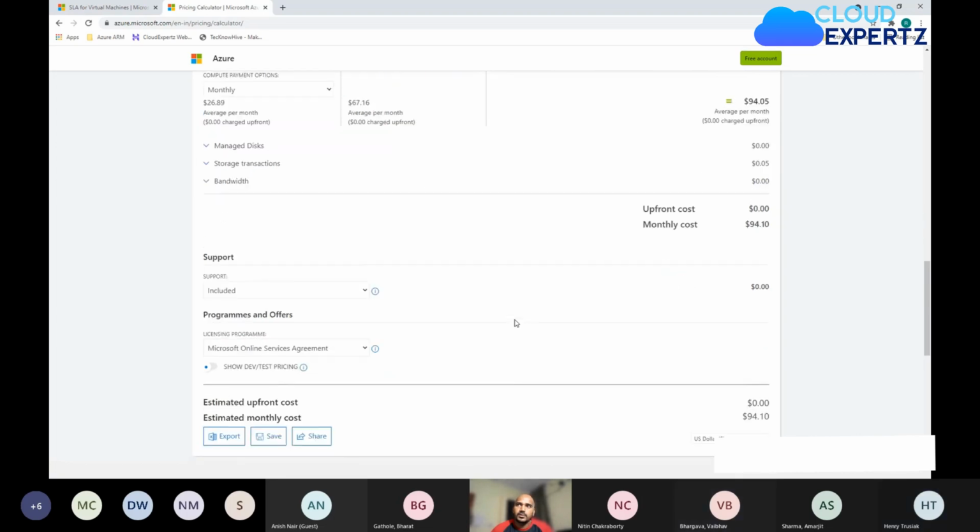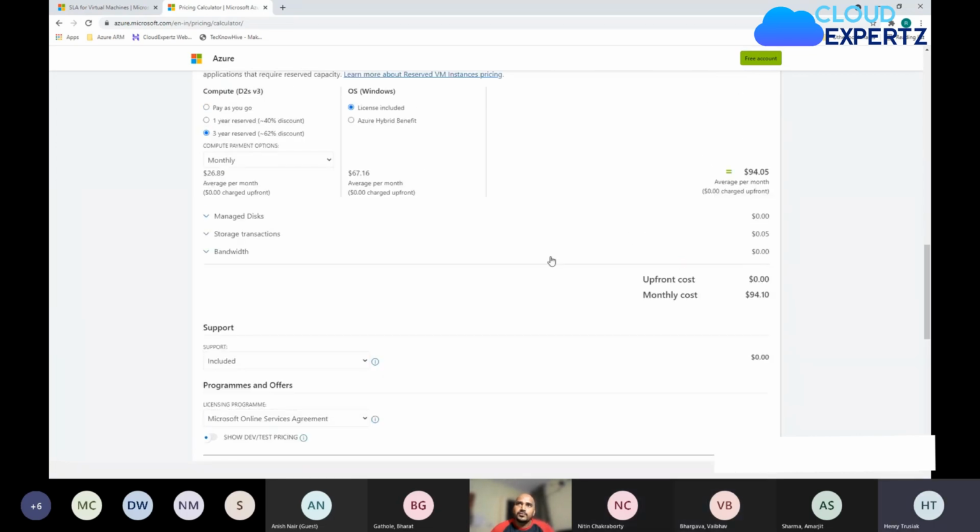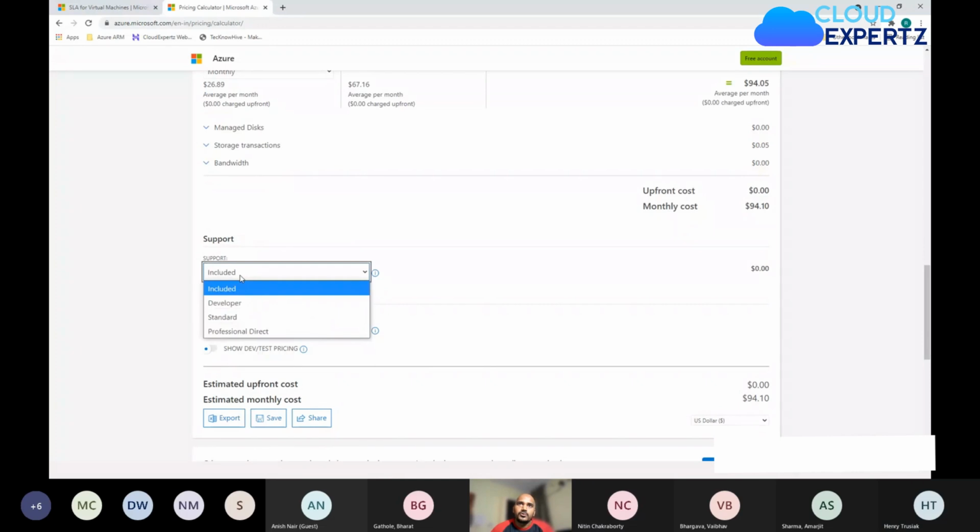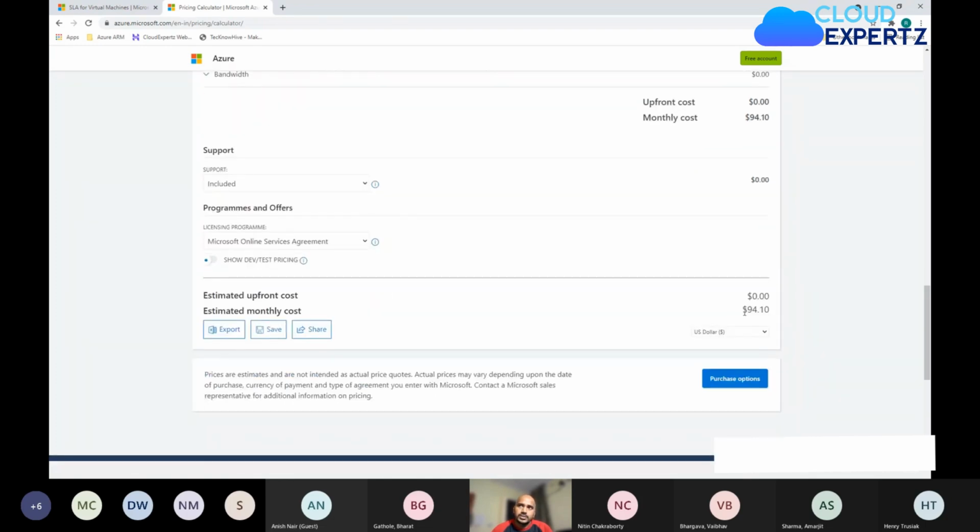Yes, $94 you're paying. If you want to include some support plan, by default billing and billing support is included. These support plans give you access to Microsoft technical engineers, and you can speak to them. Let's say you can raise 5 requests, 10 requests. So every support plan is something. So by default, billing and billing support is included. So that's the total cost,